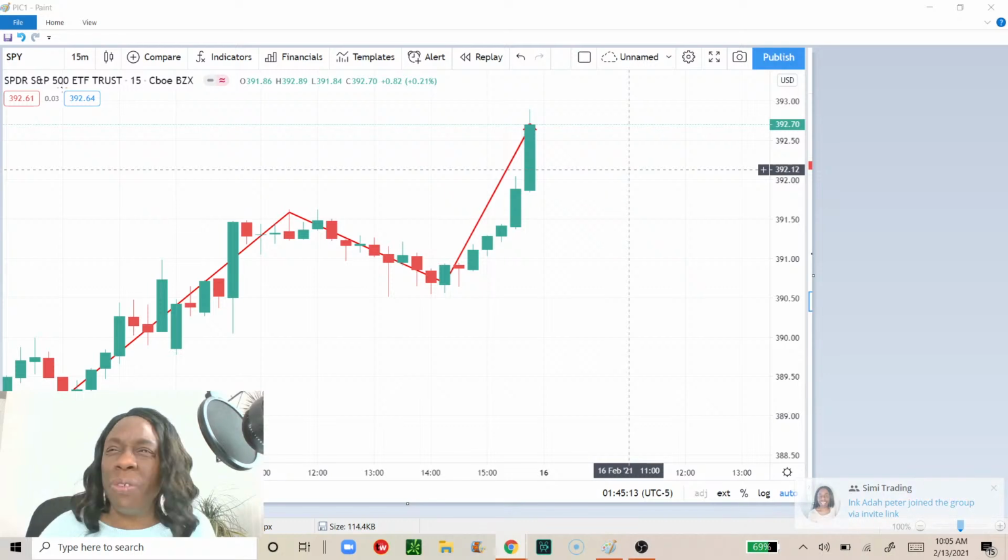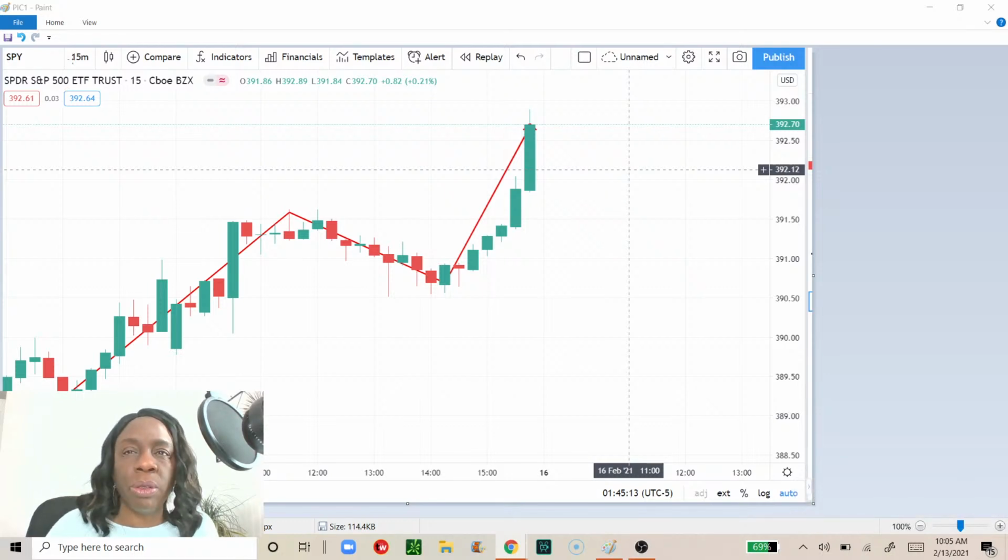Right now, I have this on the 15-minute, but ideally, you want to be looking at your trend on a higher time frame. Think about the saying that you can't see the forest for the trees. That means if you're so zoomed into a forest, all you see are the trees. But when you get this aerial view, then you actually see the bigger picture, the whole forest. And the same goes with trading. You've got to know what that bigger picture is, and you always do it on the higher time frames. You can use the daily. That is golden. You want to see what's going on the daily.